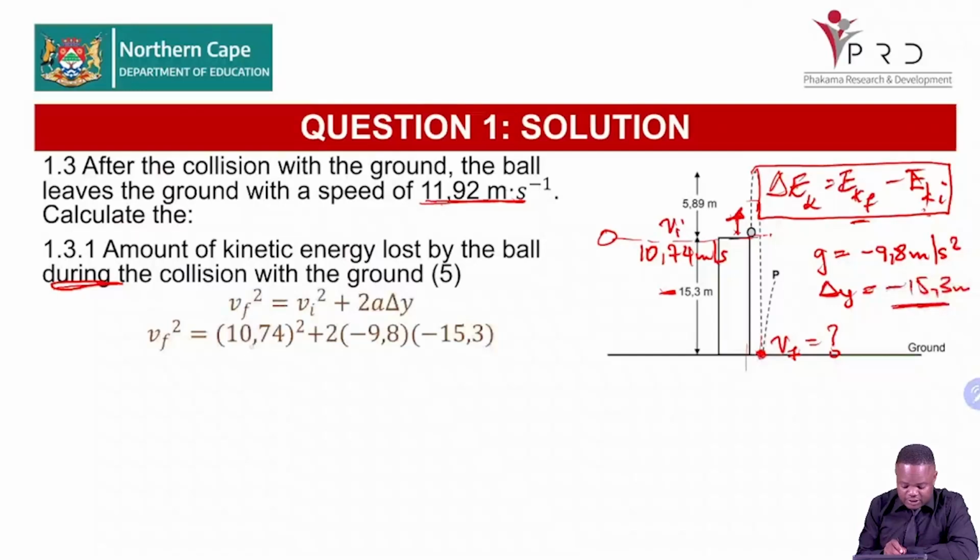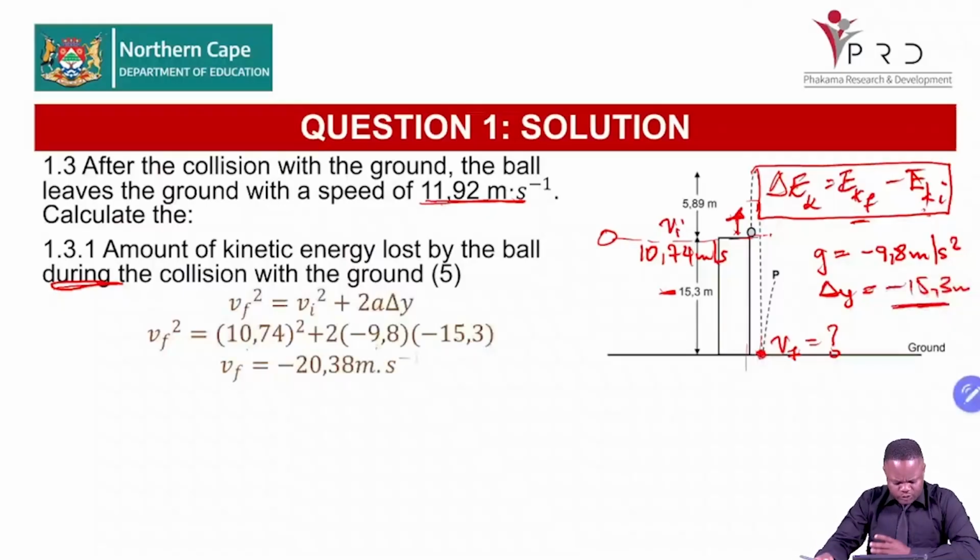Our initial velocity, 10.74. Okay. Our G, a negative 9.8. And then our delta y, a negative 15.3. Okay. Let's follow these calculations, grade 12. Okay. Right. Then we can do the math there and we get a negative